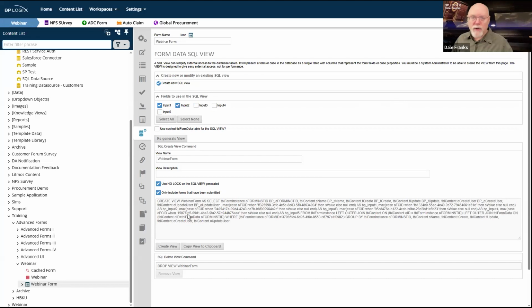Now remember, this view is just going to grab all of the instances of this form, but it's not going to have to go through the knowledge view interface. The knowledge view interface, one of the reasons why it's slower than other interfaces is because at its base, it is still SQL. However, it's got to build that SQL on the fly. The point of a knowledge view is that you are building a query on the fly, which means that ultimately that SQL gets built on the fly. Also, you've got all the problems with the joins and stuff like that that have to be done.